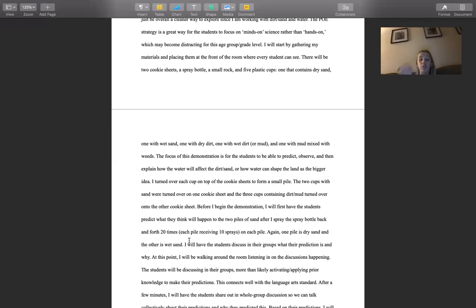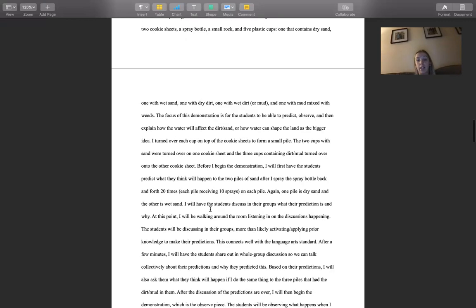And so then I will do that, and you will begin to see that the dry sand absorbs the water while the wet sand does not, because it already has so much water it can't absorb any more. So the water just begins to flow down the wet sand, changing the shape, and then it starts to pile at the bottom of the sand,